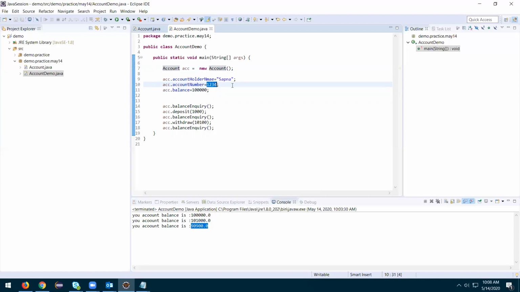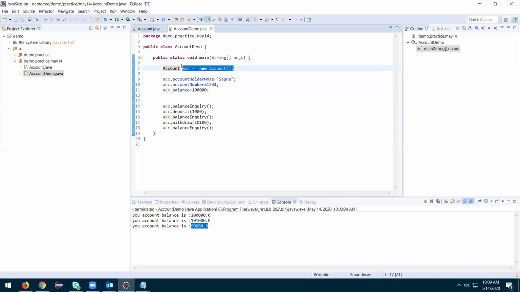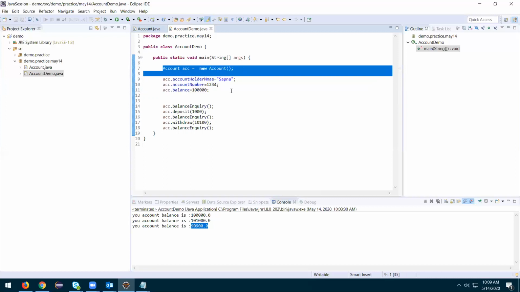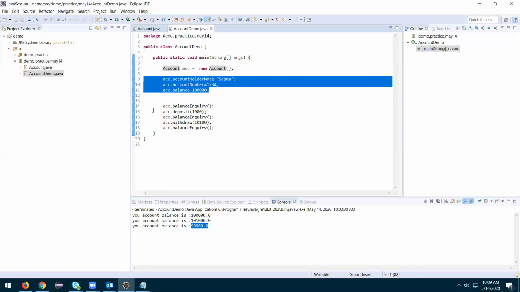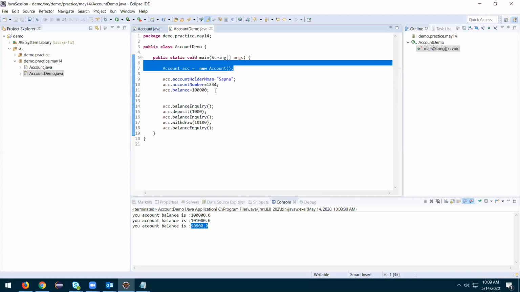As soon as you create the object, right? As soon as you create a bank account, they'll give the account number. They don't say, okay, you create an account, and after 1 year or 2 years we'll send the account number. They don't send it like that. As soon as they create the account in the system, it will be generated. So now, to initialize, this is basically initializing the account. We'll create an account and we initialize the values to that. All these are like transactions. You guys agree?